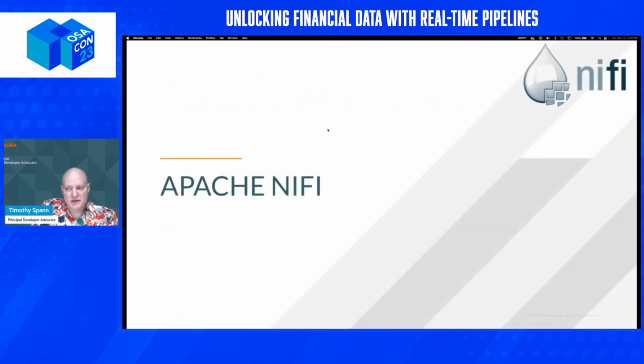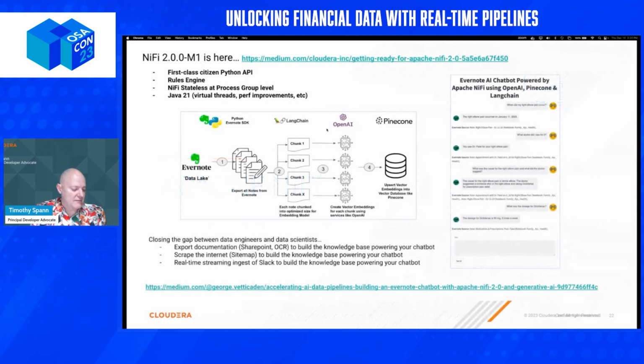Based on your query. And people might know I'm a big fan of NiFi. NiFi's been around for a number of years, came out of the NSA for being able to work with any type of data. The newest version of NiFi is in process now, almost out, and it built a very powerful Python API and a new rules engine and support for Java 21, so performance is there, new kinds of threading, and the ability to have all these different Python processors to do different things, which makes a lot of sense